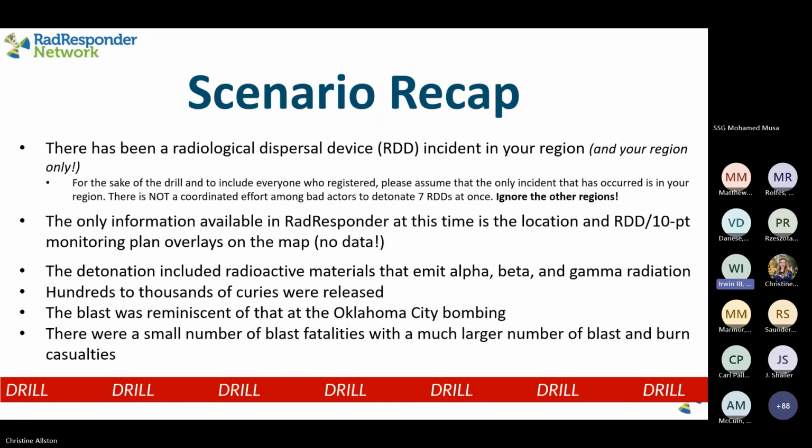The detonation included radioactive materials that emit alpha, beta, and gamma radiation. It is surmised on the basis of downwind measurements collected so far that hundreds to thousands of curies of each isotope were released, and that in the vicinity of the detonation, the blast left the kind of damage that you would have recognized from the Oklahoma City bombing, wherein not only were there large numbers of